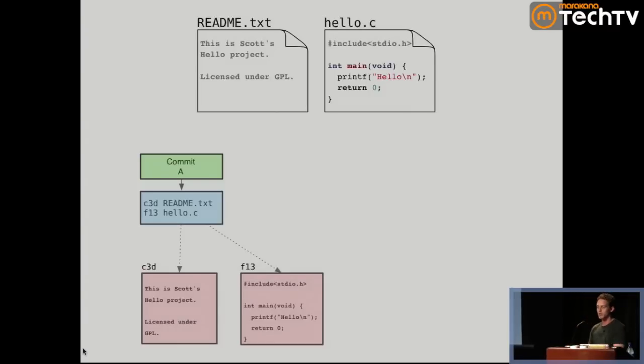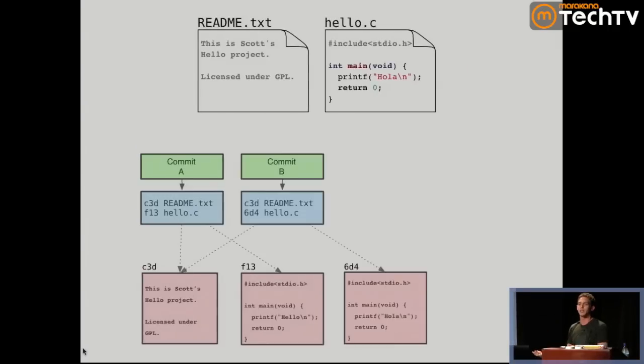Does that make sense? So this is the README file. When it's checking it back out, if I ask it for C3D, blah, blah, blah, it's a big 40-character hash, it will give me back whatever that content is. And if you ask it for this is the content for hello, it gives you back that content. Now, if we change the file like we did in the previous version, in the previous system, it sees different content, right? It checksums differently. It does not look at that file. It doesn't have a log for that file. It just sees new content that has not existed in its system before,